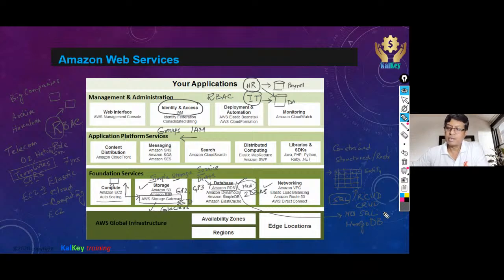MongoDB is a NoSQL database, and when you implement that on the cloud or you get a service from Amazon, you do not need to be a MongoDB specialist or a NoSQL database specialist. As a DevOps engineer with some little knowledge of a database, you can very well manage this, because most of it is like a SaaS, software as a service. We are coming to that. Okay, so it is a software as a service. So everything is a managed service. So you just have a little bit of knowledge on database, and especially a NoSQL database, and you will be able to manage. You do not need to go for a costly